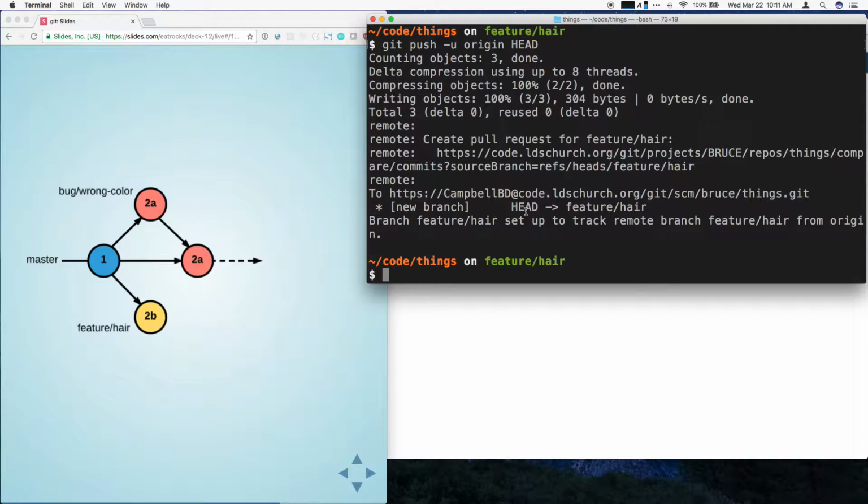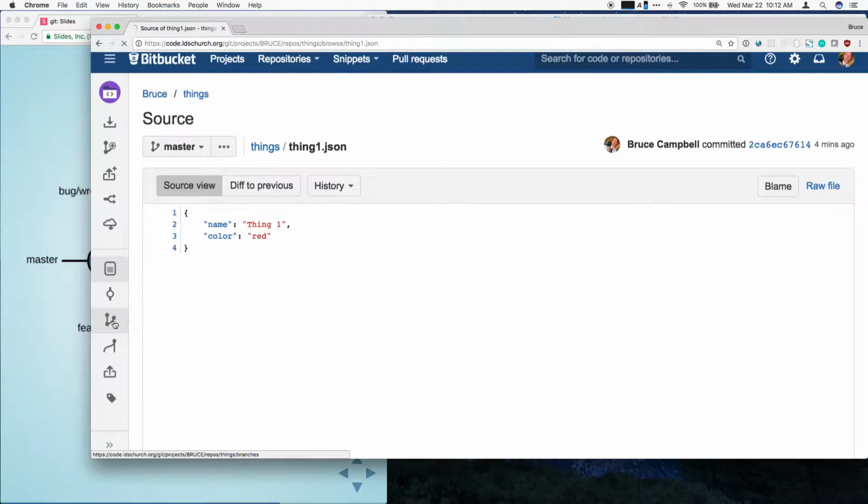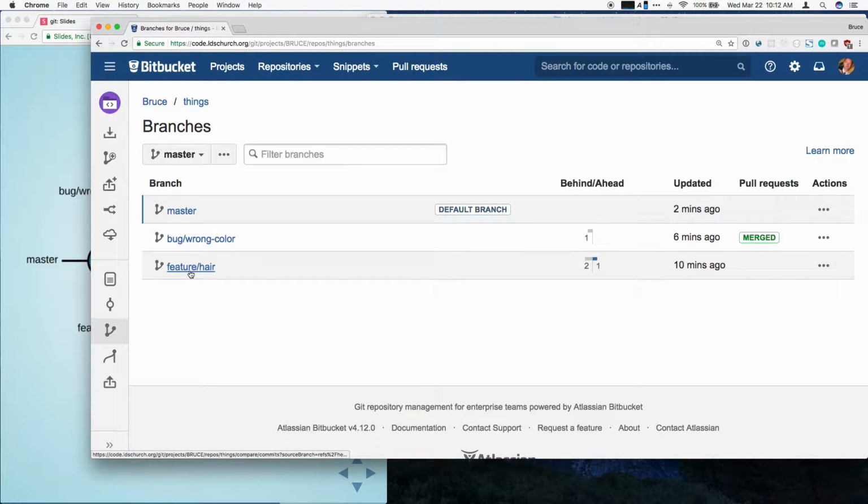Okay, so similar message to last time. It set up a new branch up on a remote repository. Called it feature hair. Let's take a look. So there it is, feature hair and master. We can delete this branch because we're all done with it. I'll leave it there for now. What else? I think we're just ready to